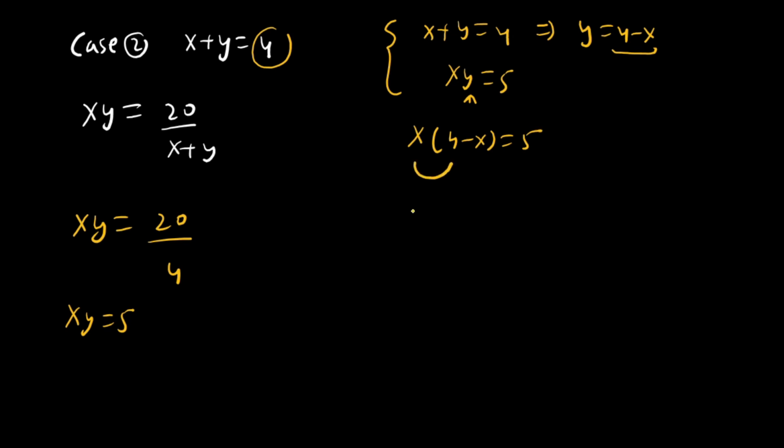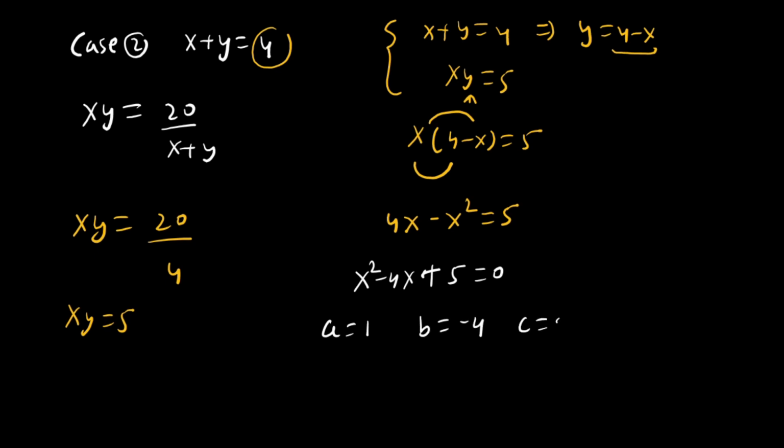This x is multiplied by 4, then we get 4 times x. And this x is multiplied by minus x, then we get minus x square, and this is equal to 5. If we take all the expression on the same side, then x square minus 4x plus 5 is equal to 0. Here this is a quadratic equation in terms of x. Students, here we will check the discriminant of this quadratic because we will talk about only real solutions. So that's why the value of A is 1, the value of B is -4 and the value of C is 5.